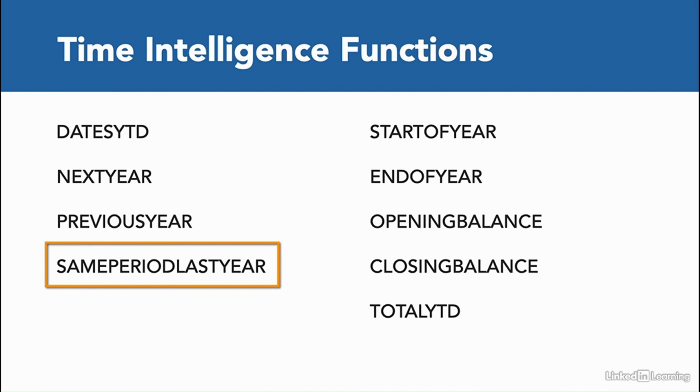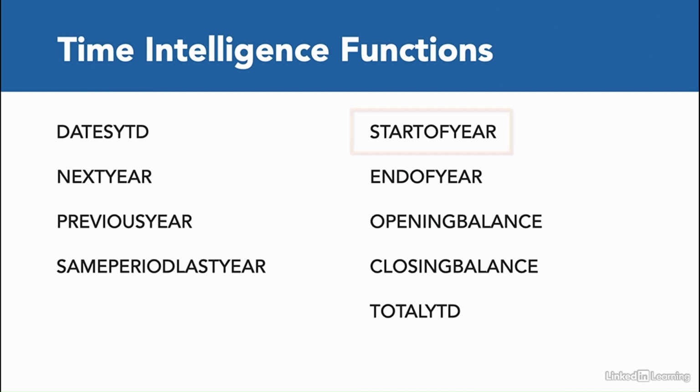The next set of functions return specific dates. What is the date for the start of the year? There's also start of month and start of quarter. Similarly, end of year, end of month, end of quarter dates. Opening balance, which can be for year, month, or quarter, finds the first date of that period. So opening balance year is used to find the opening balance on the first date of the year. Closing balance is the same. Total year to date and its companion functions, total quarter to date and month to date, are used to evaluate